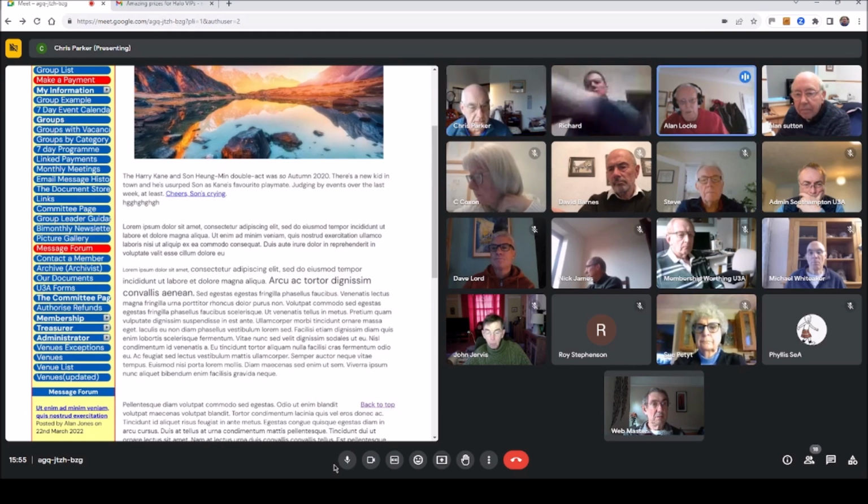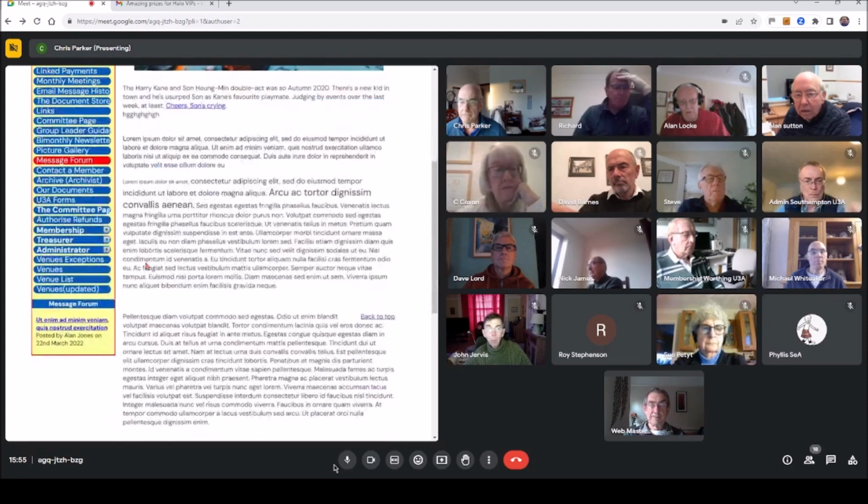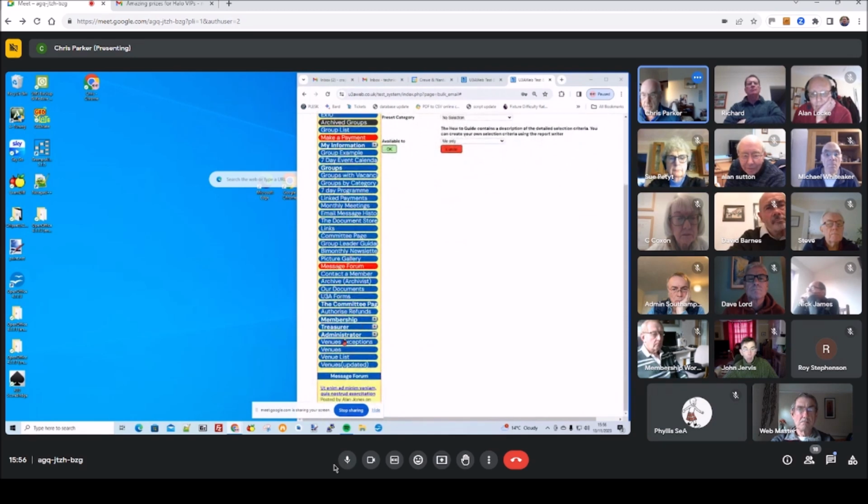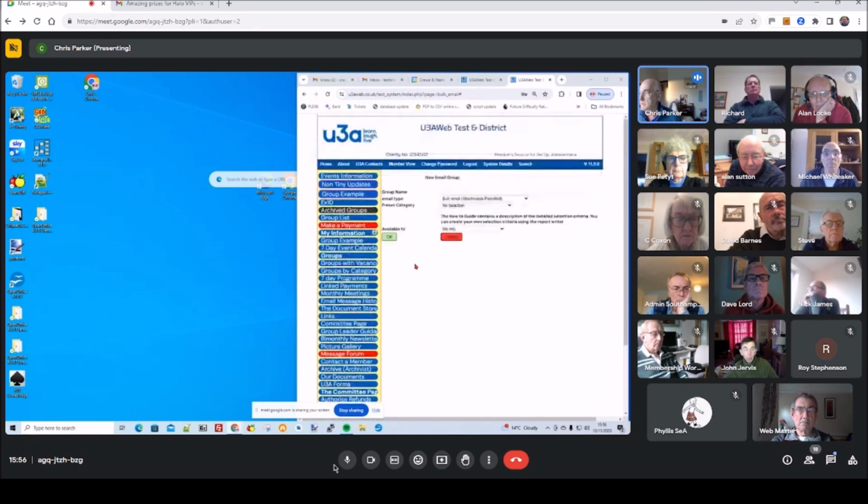Do you want to switch to a screen so that we can see what you're talking about, Chris? Okay. Right. You can see half my screen then. If I go into bulk email, you've got this down here, preset category.